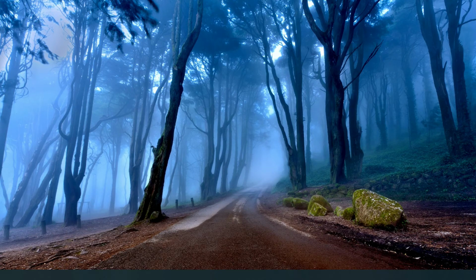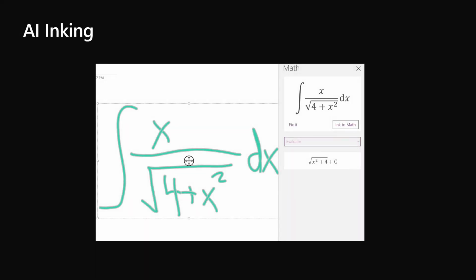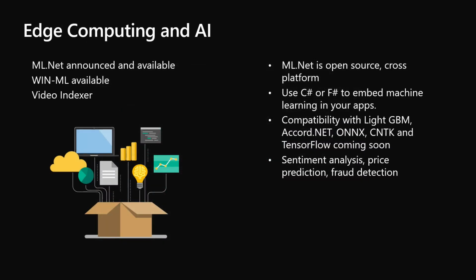All right, I'm almost done. So edge computing, I have some cool stuff there. This was actually pretty cool. One of the things like Danny was talking about is it'd be cool to use the image recognition and the cognitive services in Azure, but for seminaries and institutes, for instance, we don't want to upload photos of minors up into the cloud for analysis and recognition. Well, now with ML.net, what that allows you to do is do that kind of processing locally in your application and do the modeling there.